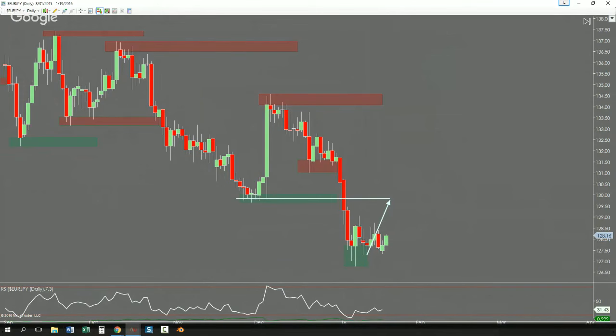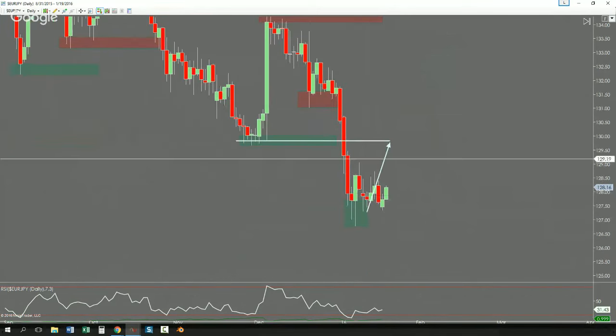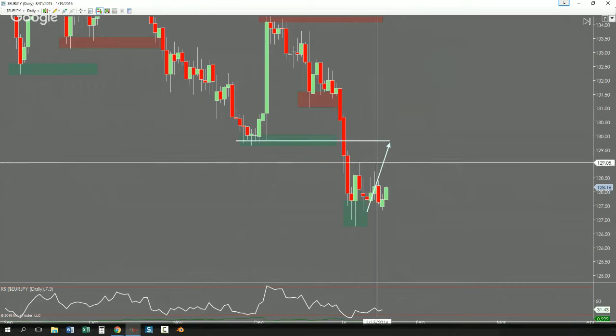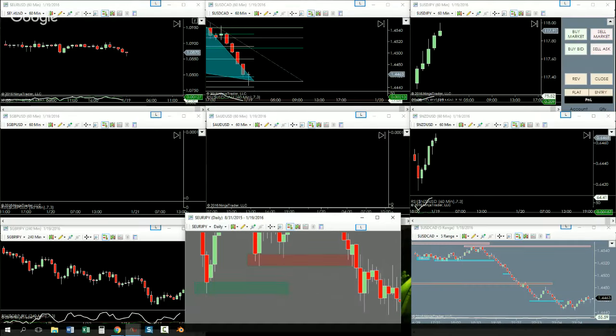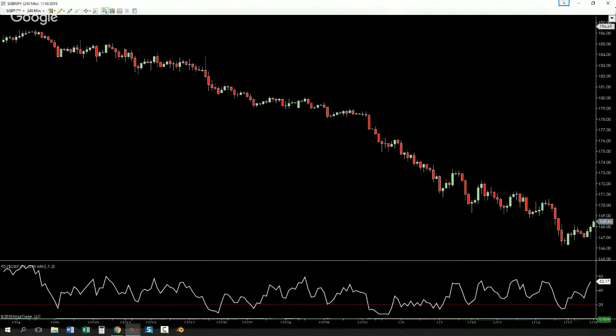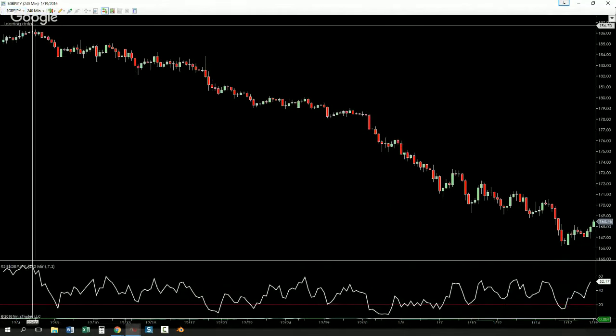Now RSI is still seeing that divergence. So our prediction is for price to come back up to this support level that could act as resistance. So if we go down to Euro Yen right here,